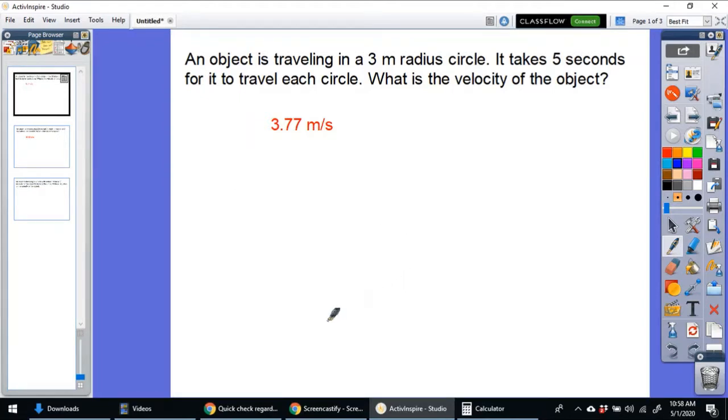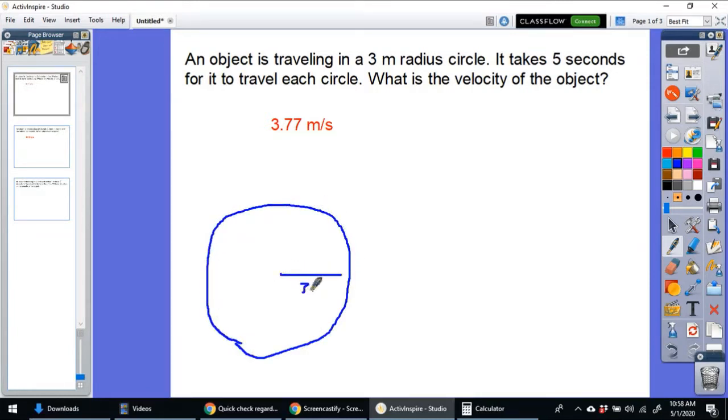So here's the idea. You have an object that's traveling in a circle there. Looks like the radius is 3 meters. And it takes 5 seconds for this thing to circle around in this circle. So you can just know that velocity is distance over time. You can do this if the velocity is constant. This isn't true if the velocity is accelerating, if the velocity is changing. But since this is uniform circular motion, you can just go ahead and use distance over time as your idea